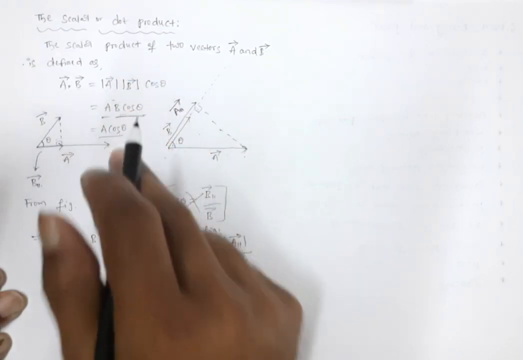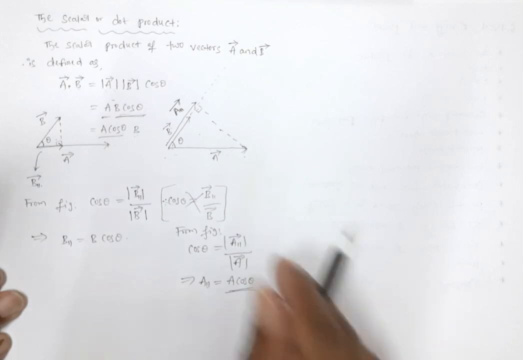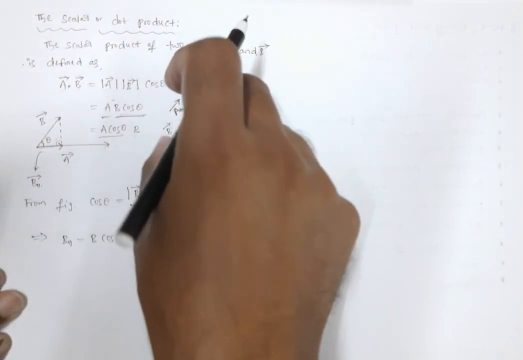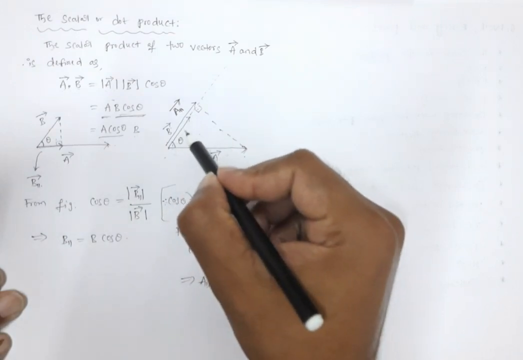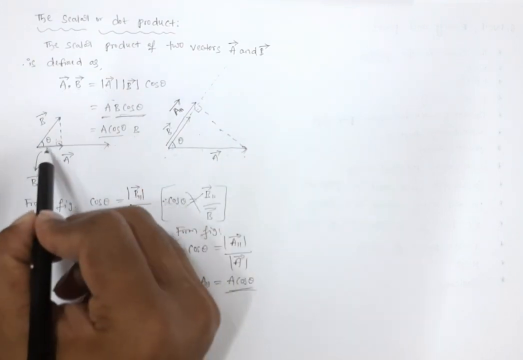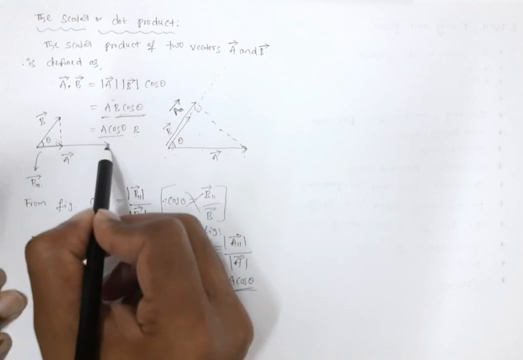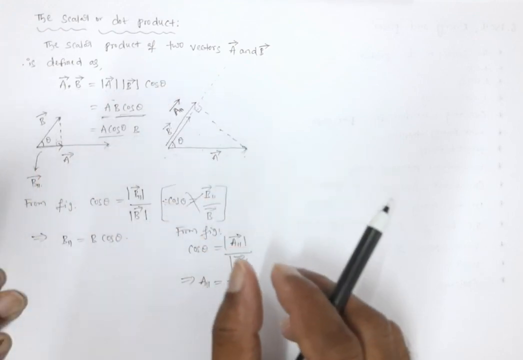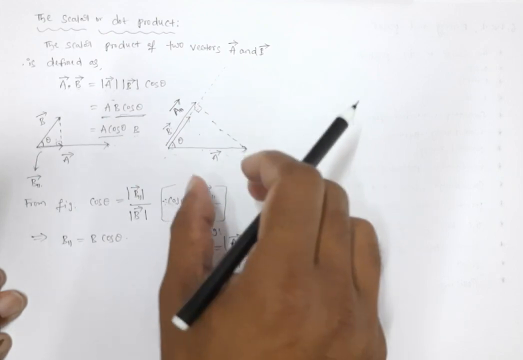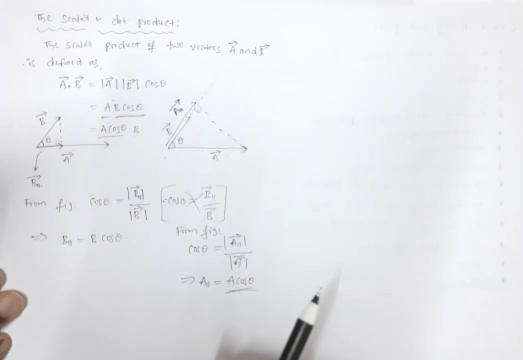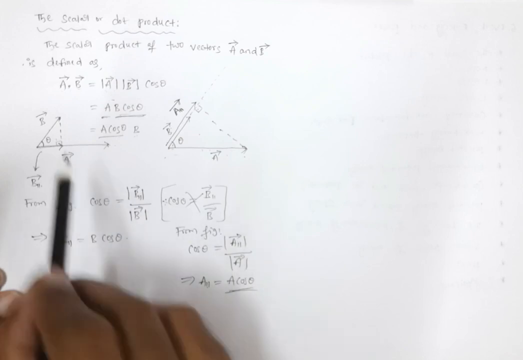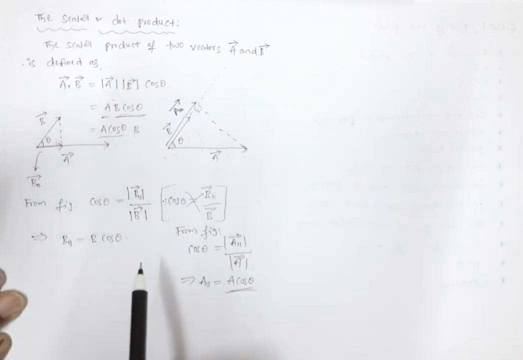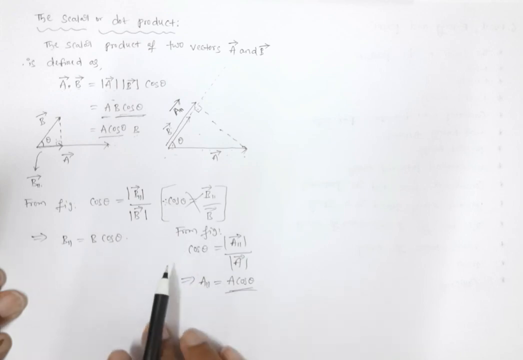And the result, does it have any direction? First we are taking the product of these two things. Second, we are taking the product this way. That is the product of vector B and the parallel component of A bar here. And here we are taking the product of A bar and the parallel component of B. So in both cases, do we have any particular direction? No, we are simply multiplying the parallel components and not assigning a particular direction. That's why the result of the dot product is a scalar, and why the dot product is also called a scalar product.